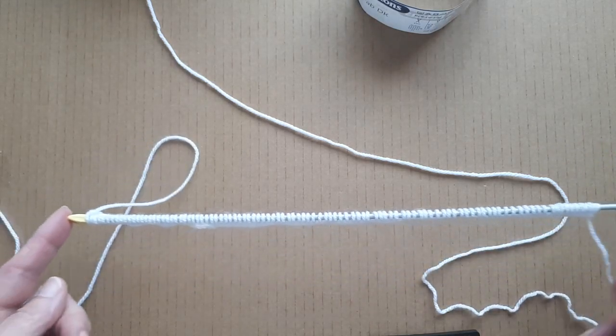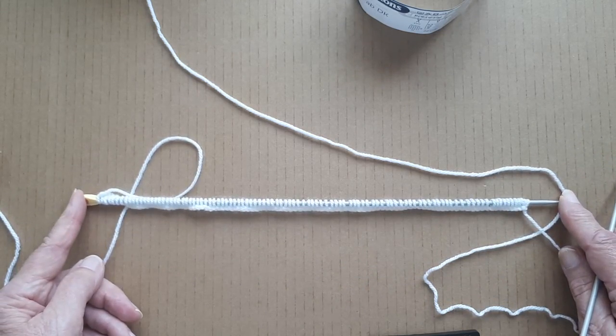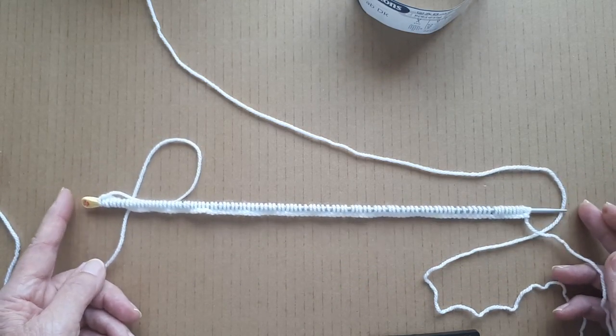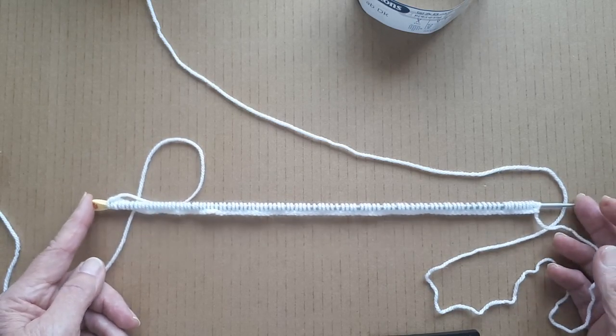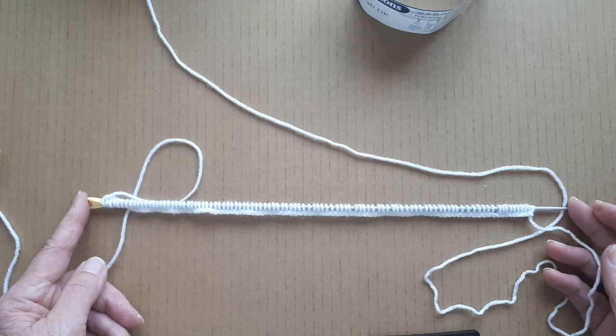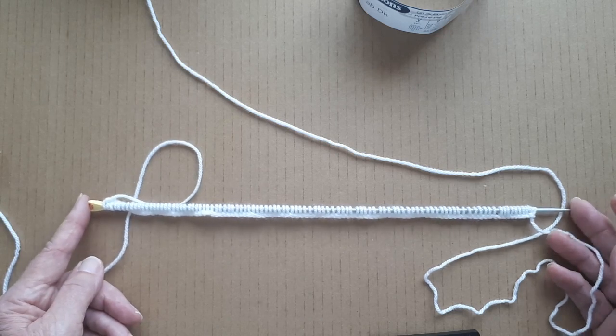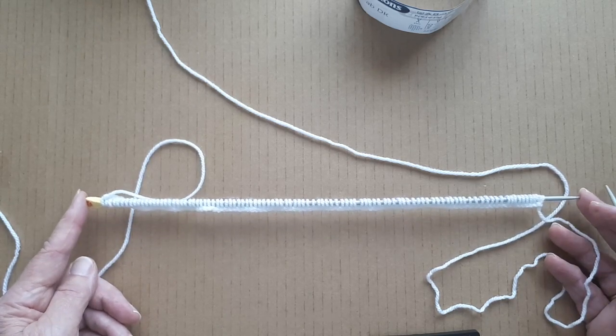111 stitches to get the back to measure 20 inches, because like I said, this is a 40-inch. It's 5.5 stitches to the inch. So 10 times 5.5 is 55, and 20 times 5.5 is 110. So it's 110 stitches that I'll need